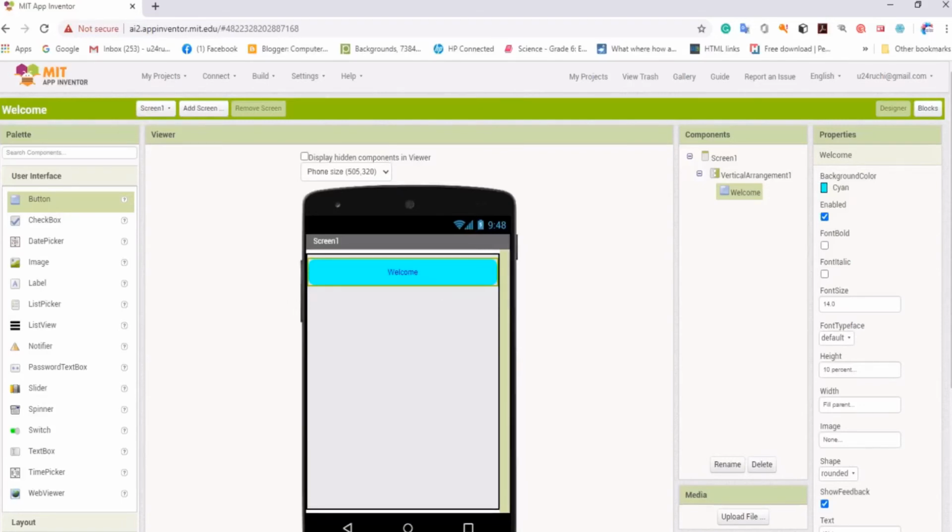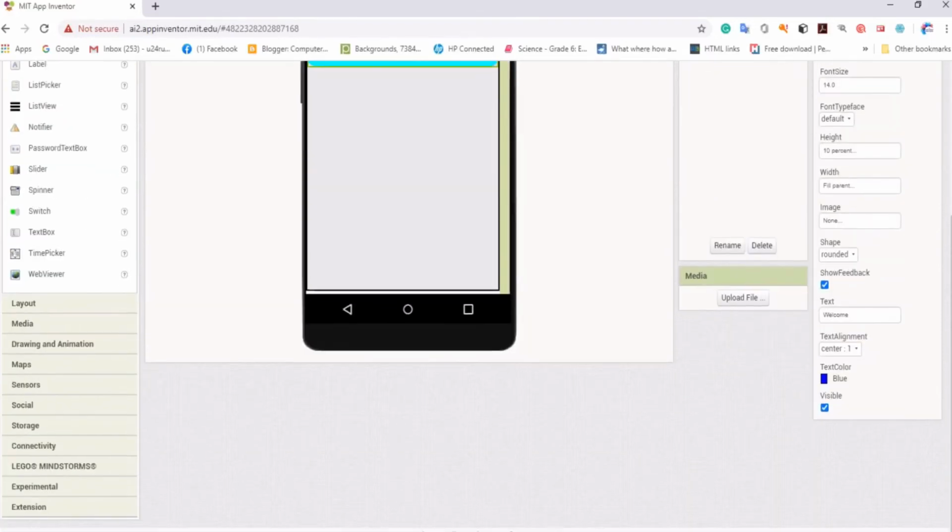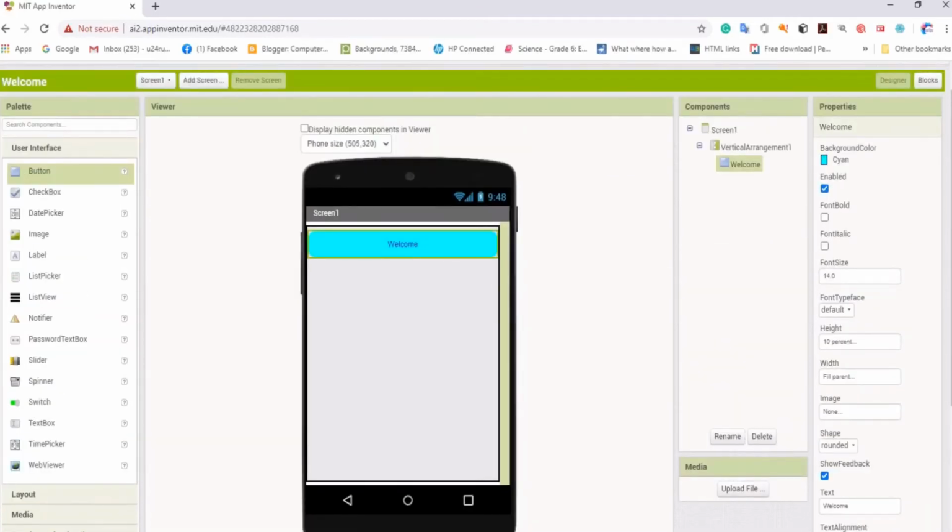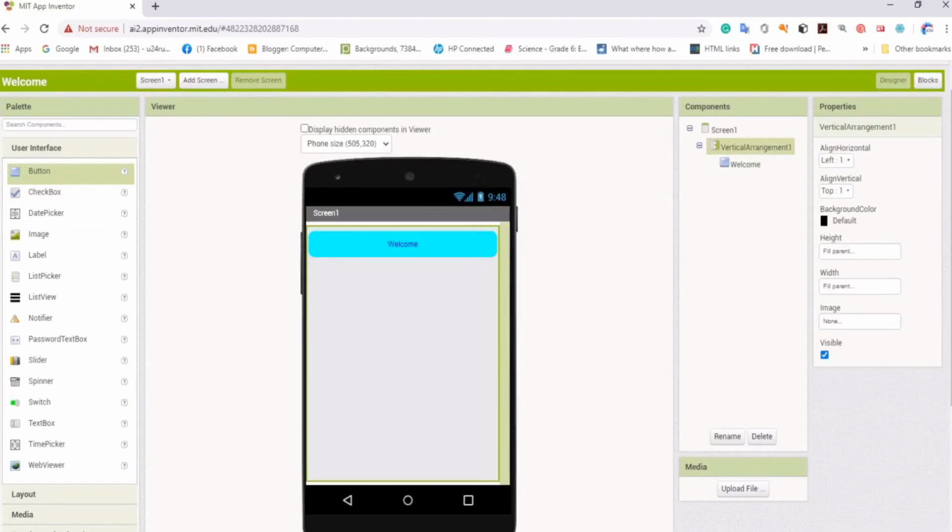It's quite easy, and as you explore, it will become easier for you. So I have to set here the vertical arrangement to center, like this.